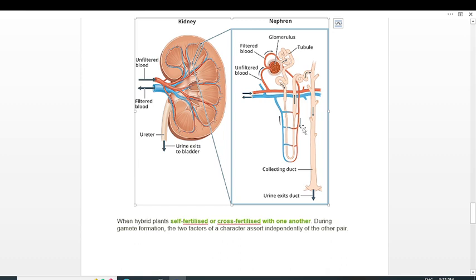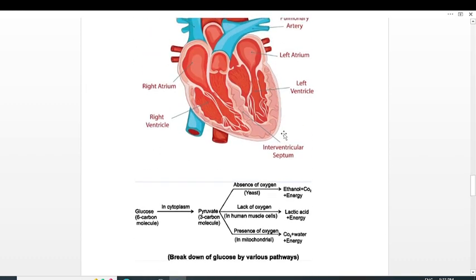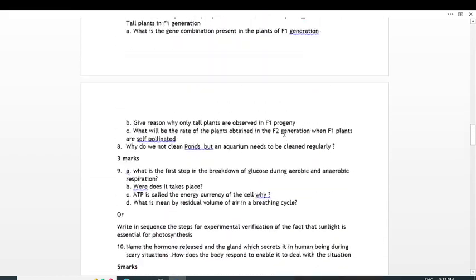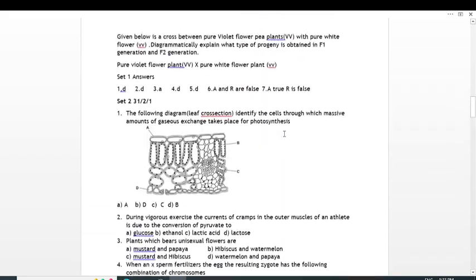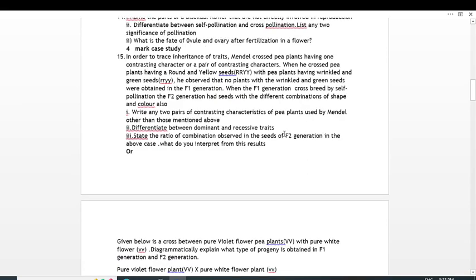Clear? And what is its function? It reabsorbs the water, okay, and some minerals. So this is the structure of the nephron. So you can explain that with the help of the diagram. And next one,